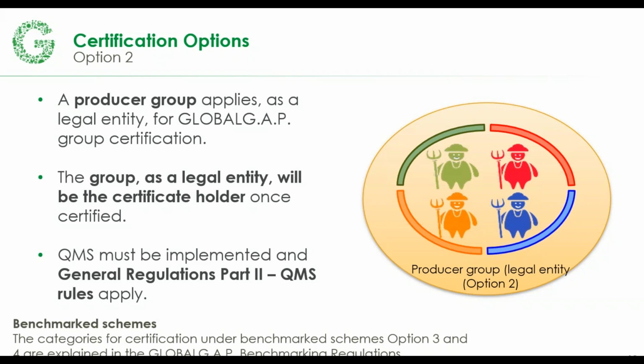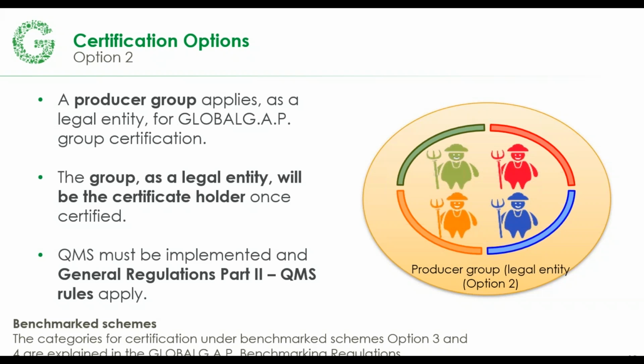So a producer group, all of these are individual producers. They are all separate legal entities. They come together as a certain type of legal entity, and then they become the holder. Typically what we see is a packing house or a co-op or some sort of group organization of growers. Could also be a marketing company, which is generally the case here in the US specifically. So that company or organization is generally responsible for placing the agricultural product onto the market.